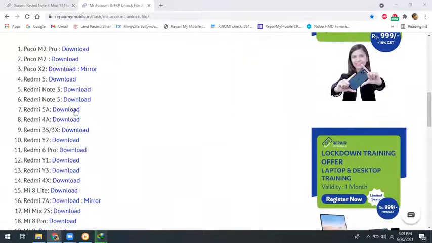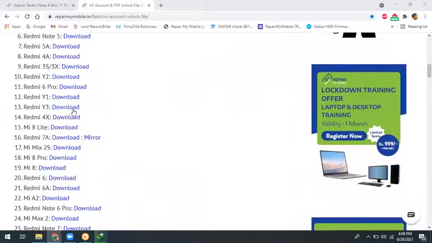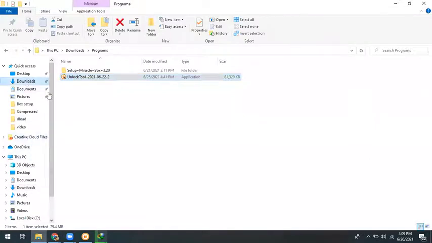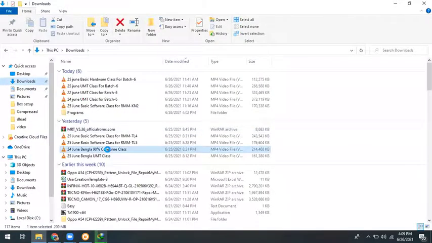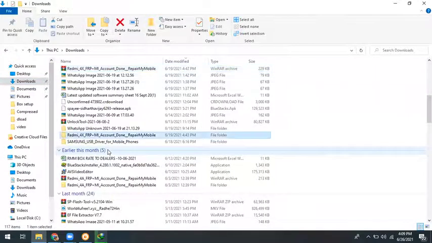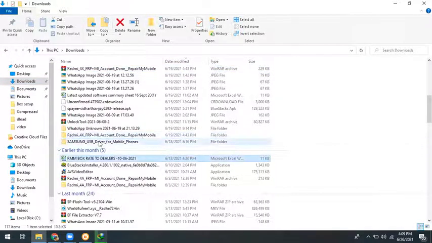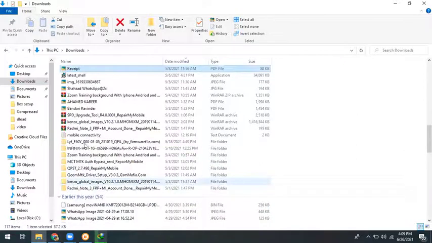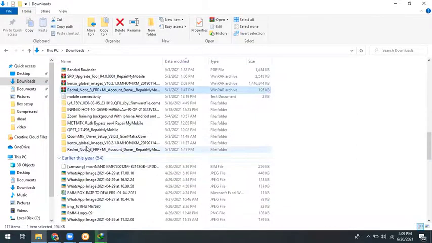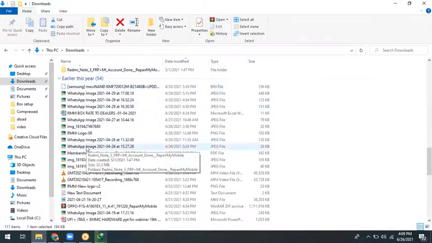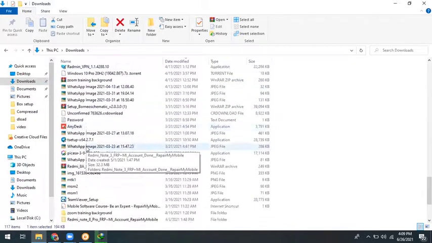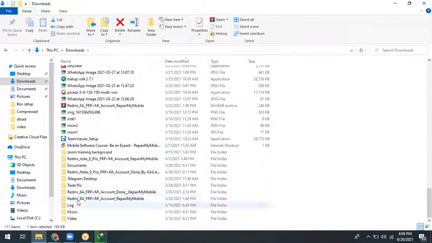You can take a number of models here. Simply click the model and it will download. I have already downloaded it, so I skip the downloading. For example, Redmi 8A.